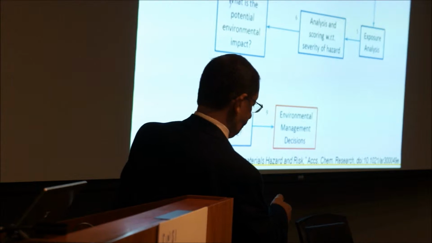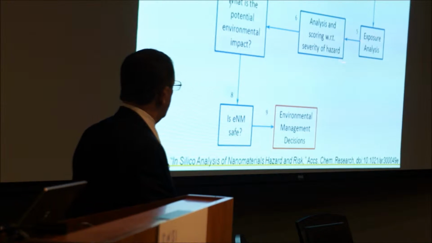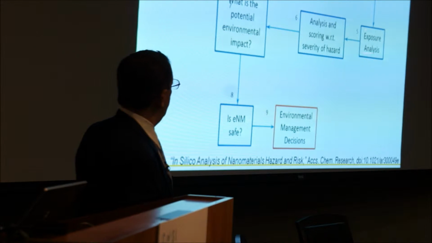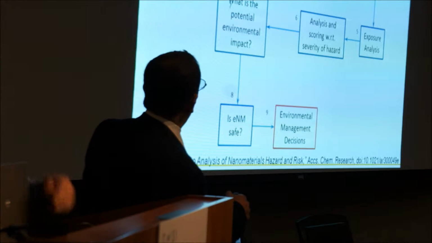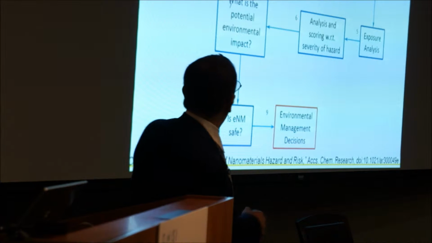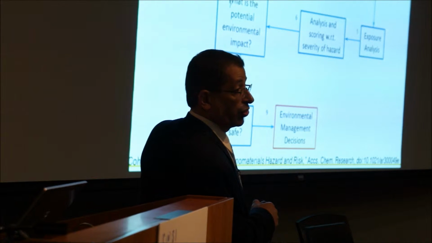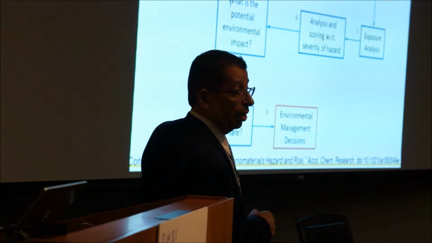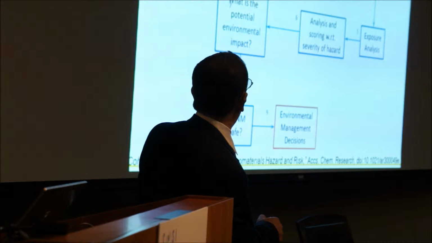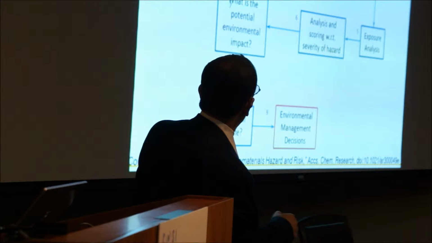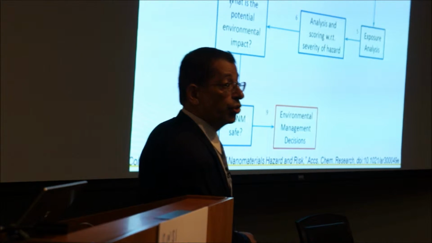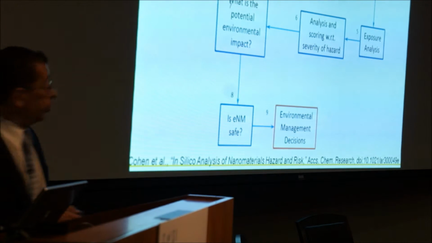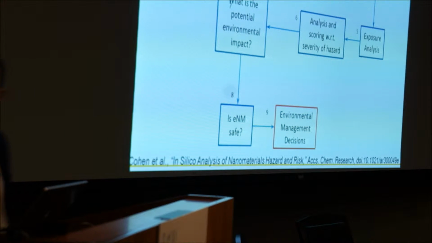And if there are hazards, then you might say, let's quantify the exposure, and then you go through a decision process. Or, if in your initial screening you decide that either exposure is not likely to happen, or hazard is not likely to be an issue, then you may short circuit all of this and go directly and ask, is there an impact? And if not, then I can make a decision with respect to whether the particular nanomaterial is problematic or not.